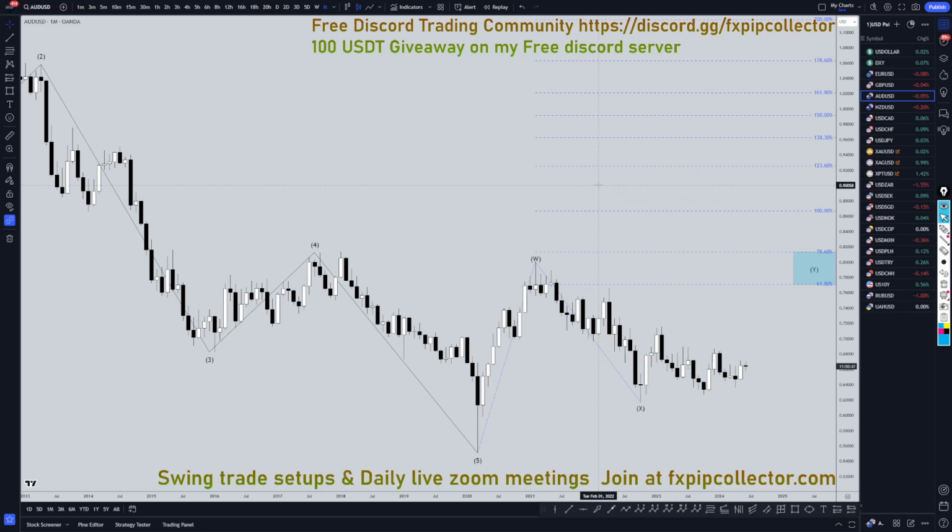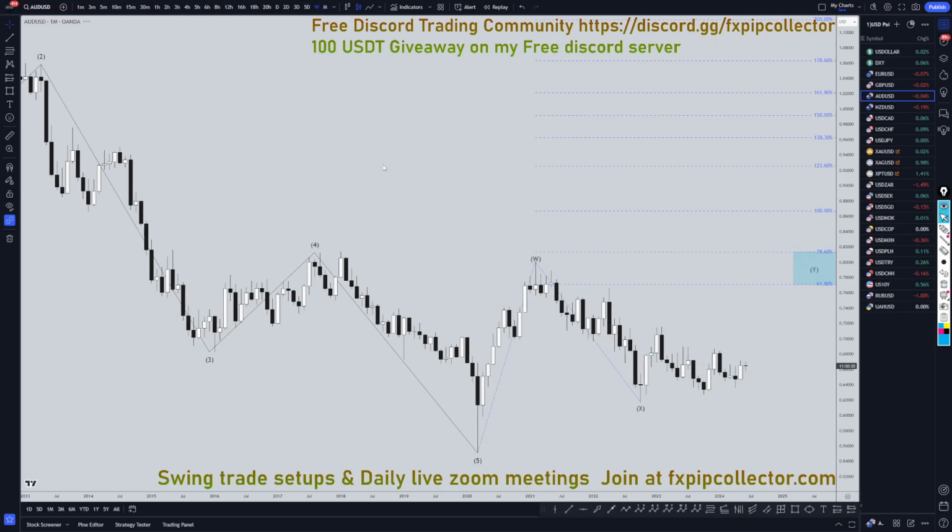Today is Friday, June 28th, and I'm going to be analyzing the Aussie US dollar, starting on the monthly, working my way down to the 1 hour time frame for the full top down analysis. So, on the monthly Aussie dollar, I still think this is a WXY. I still think this is an ABC of wave Y, which I believe the most likely place for this to go is the 78 or possibly even the 100% Fibonacci extension to complete three waves up for W, three waves down for X, and three waves up for wave Y.